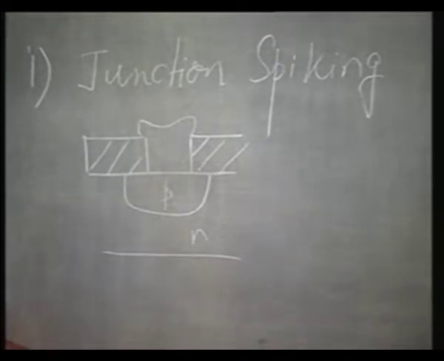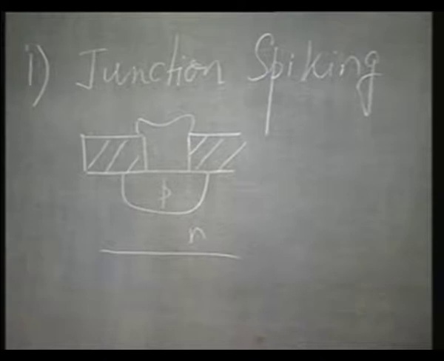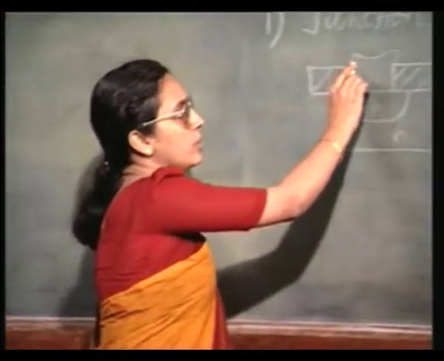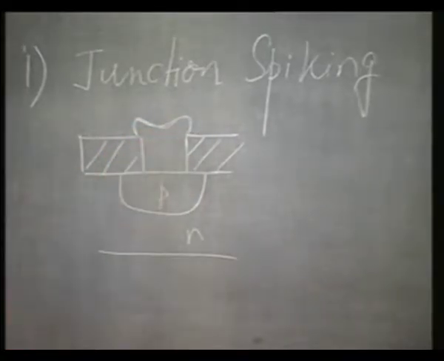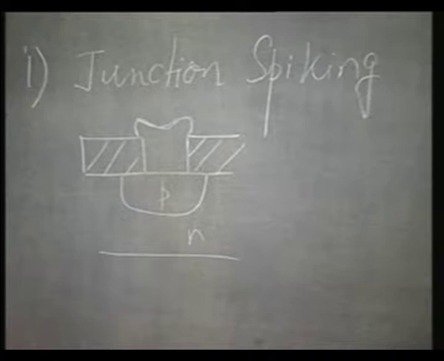right. Now, what happens is, if you look at the aluminium silicon phase diagram, then you will notice that at 450 degree centigrade, aluminium dissolves 0.5 weight% of silicon, and 450 degree centigrade is the most common aluminium annealing temperature. That is, after you put the aluminium metal, you anneal it at 450 degree centigrade in order to form a good ohmic contact. Okay. And at 450 degree centigrade, this aluminium is going to dissolve silicon. Where does it find the silicon? From this area, where it makes the contact with the substrate,